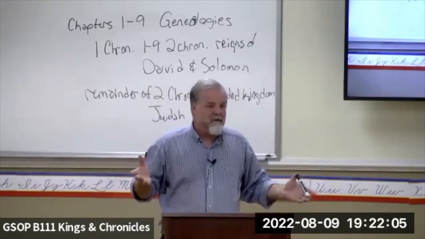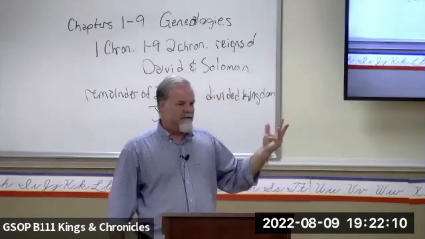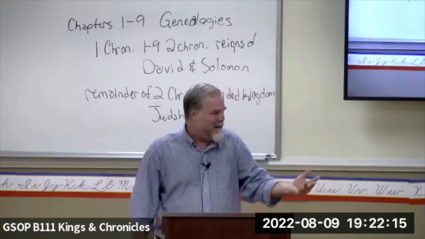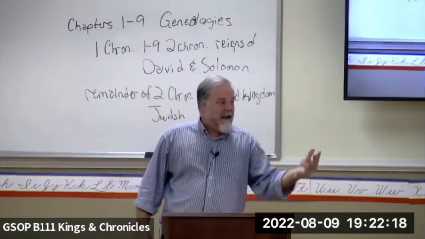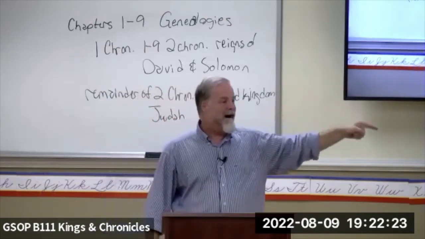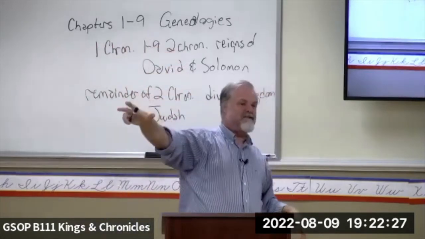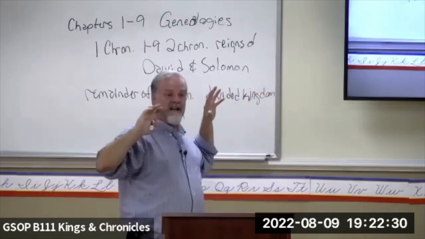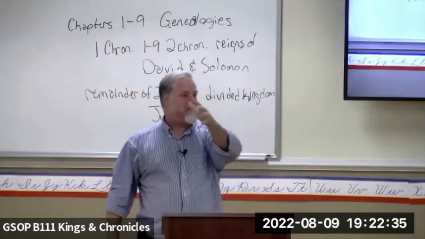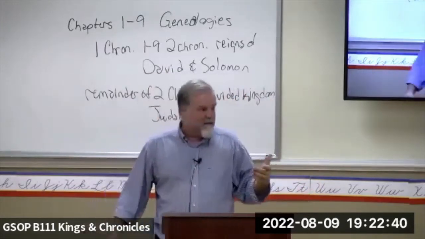You had two wives, and then you had two handmaidens or concubines, and all of them are having children to spite the other one. That was the purpose behind it. I'm going to have another child because I can, and because she can't. So I'm going to name it in such a way that's going to mock her. And then I'm going to have another one. And now my handmaiden is going to have one, and her handmaiden, because she's desperate now, she's got to have one. I have so many, and she doesn't have any. And finally, of course, we have the child of promise. But before that, it was an awful thing.